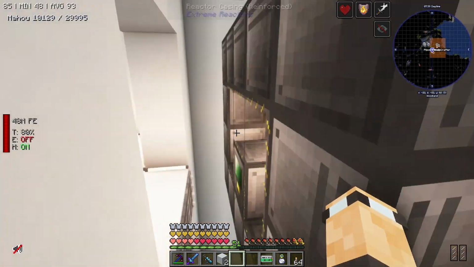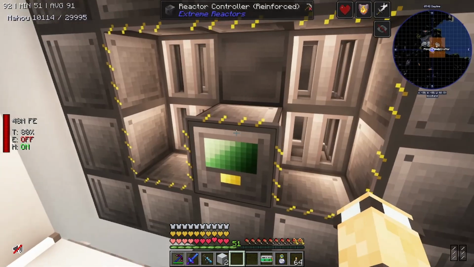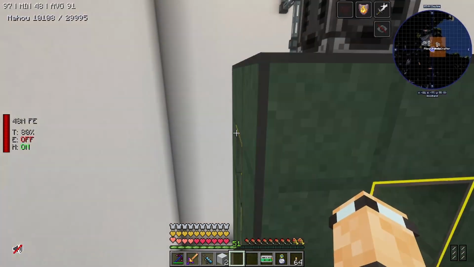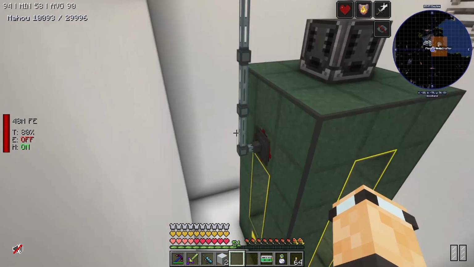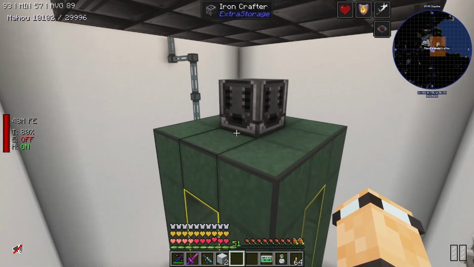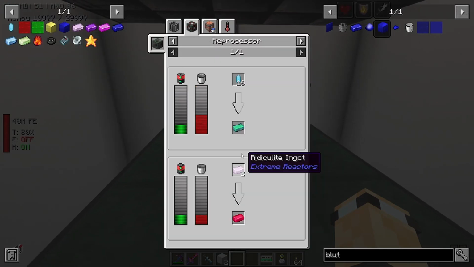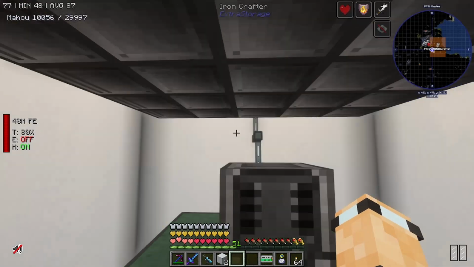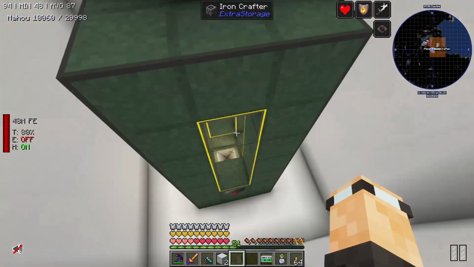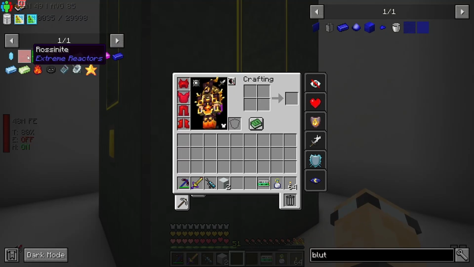And the Vidurium, when all of this is set up and it's on right now, so as soon as Vidurium goes in here, it will have a waste product of the Rosinite. Rosinite goes in here, and then I can have both recipes for the Rosinite. This one for the Insanite, and this one for the Inanite, in this one crafter right here. So, and then the output of this will be Insanite and